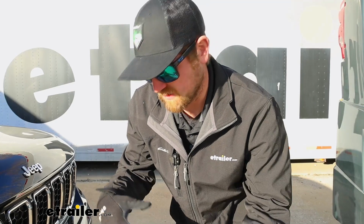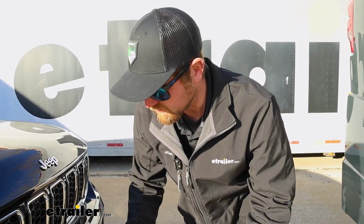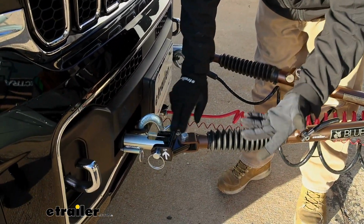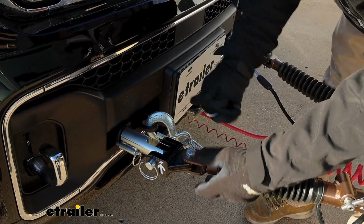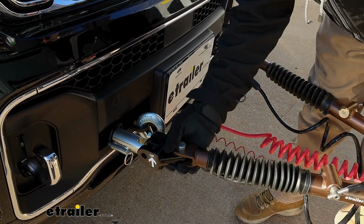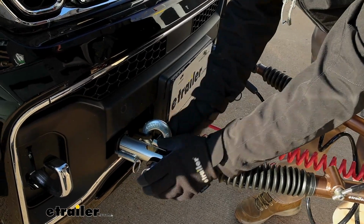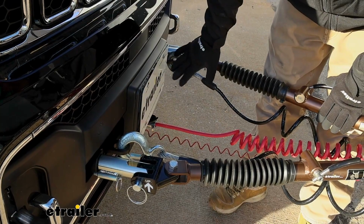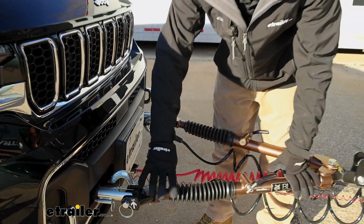When it comes to actually setting your tow bar up and hooking up to the front of your vehicle, you're going to want something that's straightforward, and this is just that. All right, definitely one of the easier ones out there, really nothing to it. You're going to have a pin here and a clip, and that's it. You line this up, pop it in there, and lock it down. Of course, too, you want to hook up your safety cables and any of your other flat towing components before you get going, but that's the gist of it as far as pairing up the tow bar with